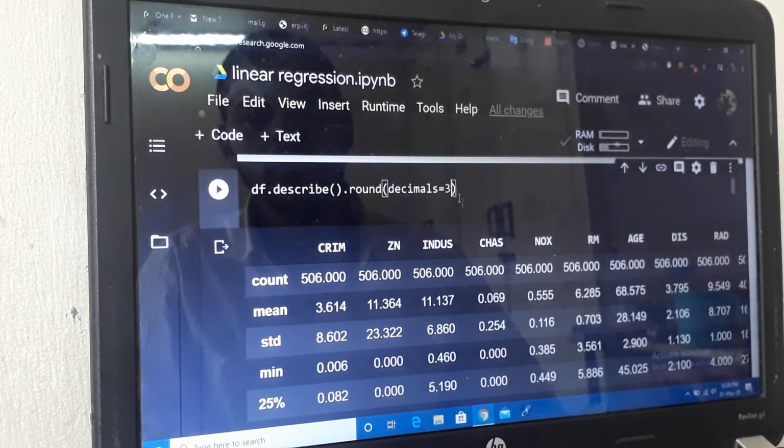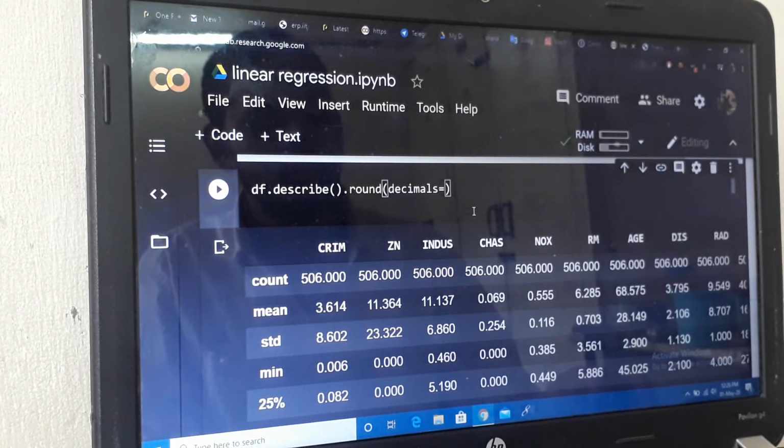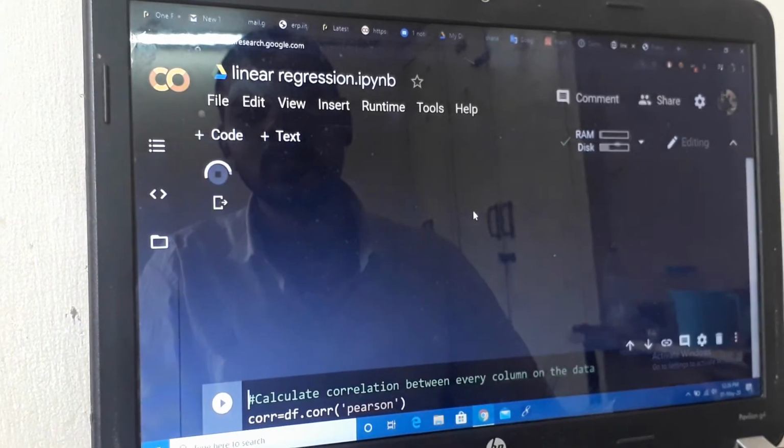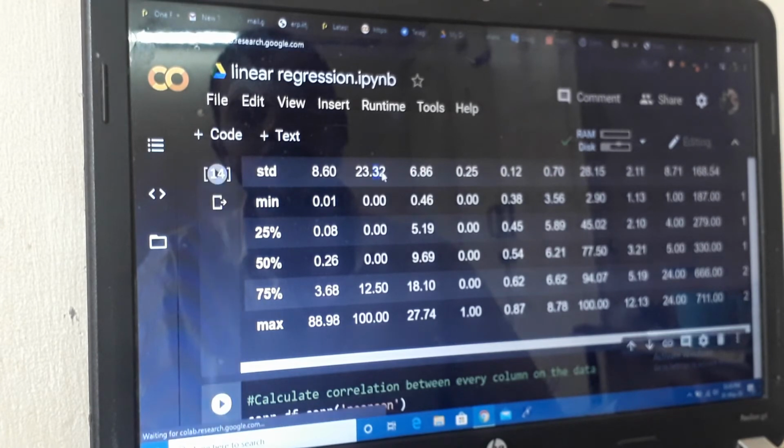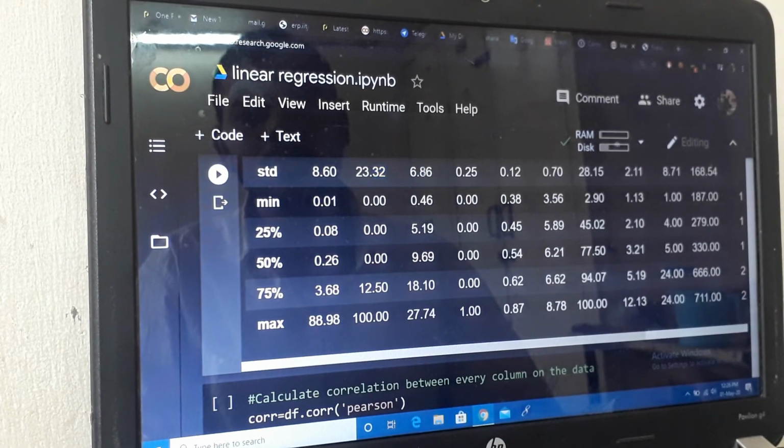If you want to show 2 decimal points, then you can pass 2 and you see after the point the 2 decimal point values.